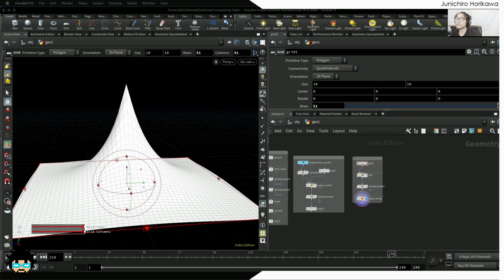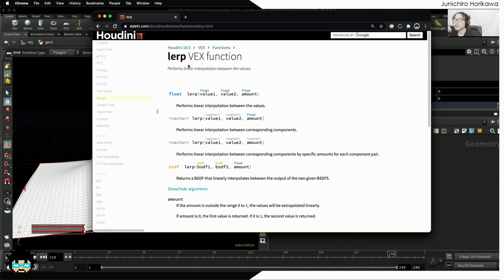Now the next basic example that I would like to show is to use a fit function together with a Lerp function. If you look at the documentation page for the Lerp function, it says it performs linear interpolation between the values. So you can change one value into another value smoothly, linearly, using this Lerp function. And you have 3 parameters in order to use this Lerp function. One is the source value and one is the target value, and amount is the value which should be in between 0 to 1